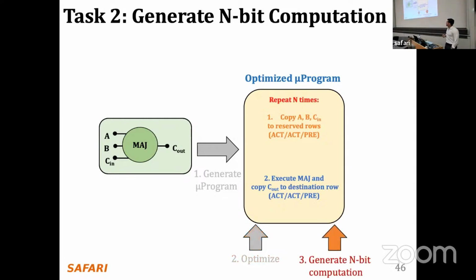So what is left for us to do is that this operation does this computation for only 1 bit. And I forgot to mention, since we are doing this computation in a vertical data layout instead of a horizontal one, we need to compute in a bit-serial manner. So you go bit by bit, so row by row of your data word.